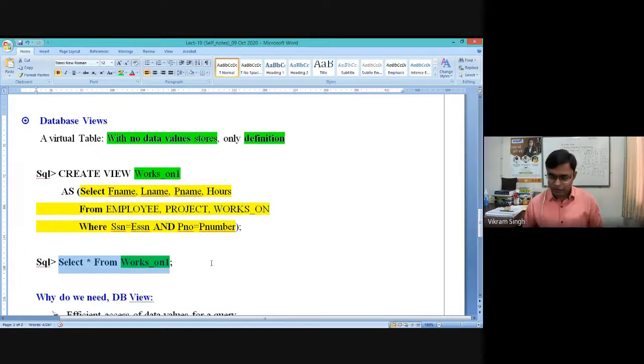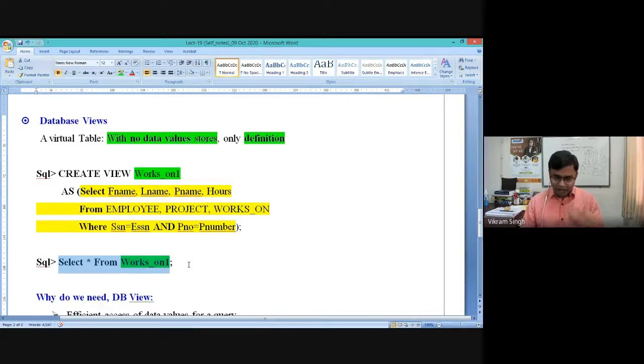If you explore the different HTML pages, there we mention these SQL expressions. In these expressions, you find a simple instruction written like select star from works on one, because for works on one a view is created. The DBA or the programmer has already created a view named works on one, and in the HTML page you have placed this simple code, select star from works on one, right?